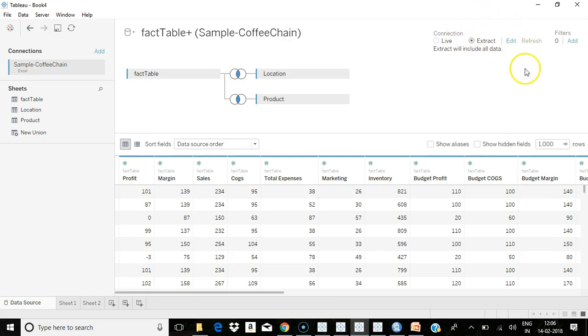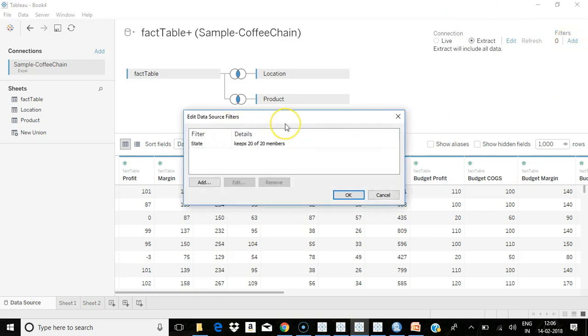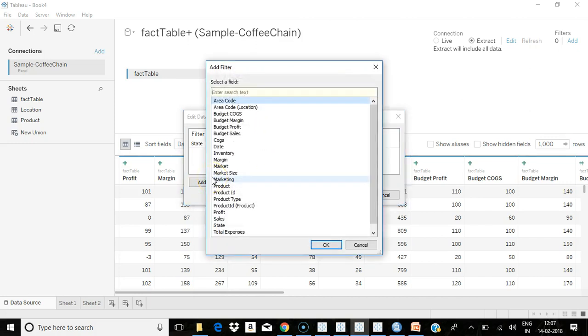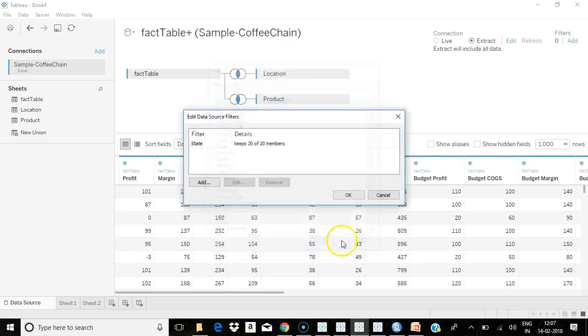When you are defining an extract, you would also be able to add filters when you are using large data sets, so that you can restrict your data, that is, you take only the data which is actually needed for the reporting. When you maintain 10 years of data in your database, if you don't want to use all the 10 years in your reporting, you need just the current year or the last 2 years of data, so you make a filter in order to take only the required subset of data which is going to be kept in your refreshes.